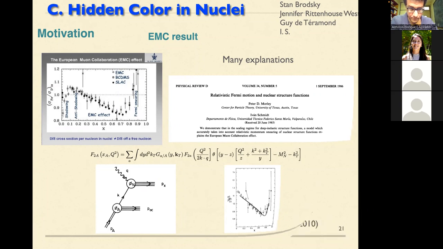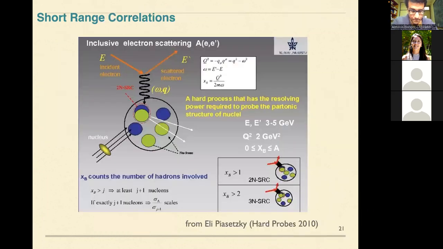But I'm going to mention something different. The fact that people have talked about inside the nuclei, you can have what is called short-range correlations. And this is a transparency from a conference in which somebody was talking about this short-range correlation. What does it mean, this short-range correlation of nuclei?